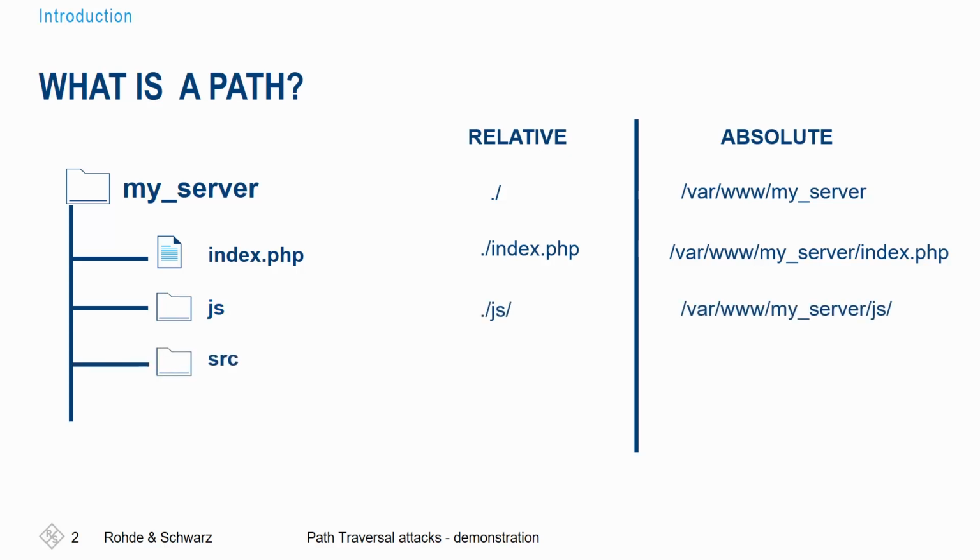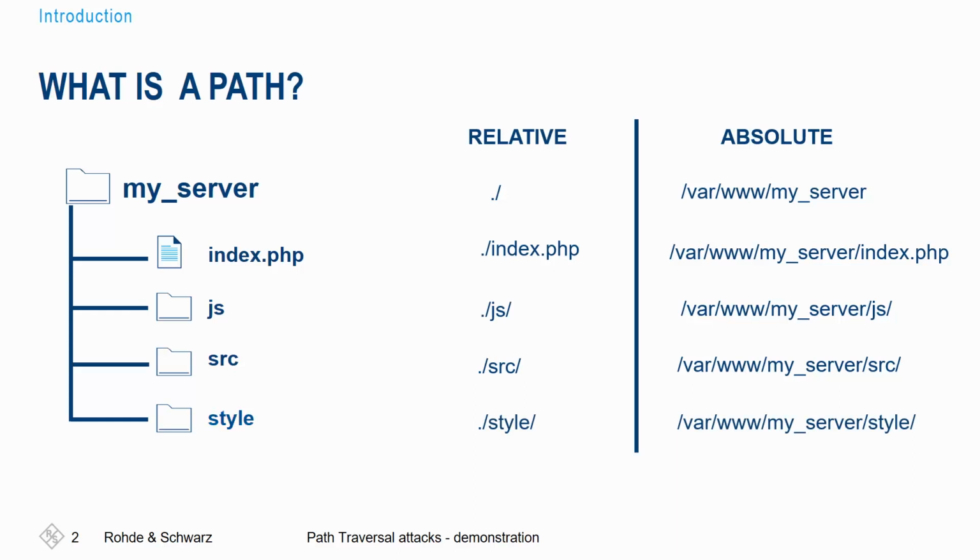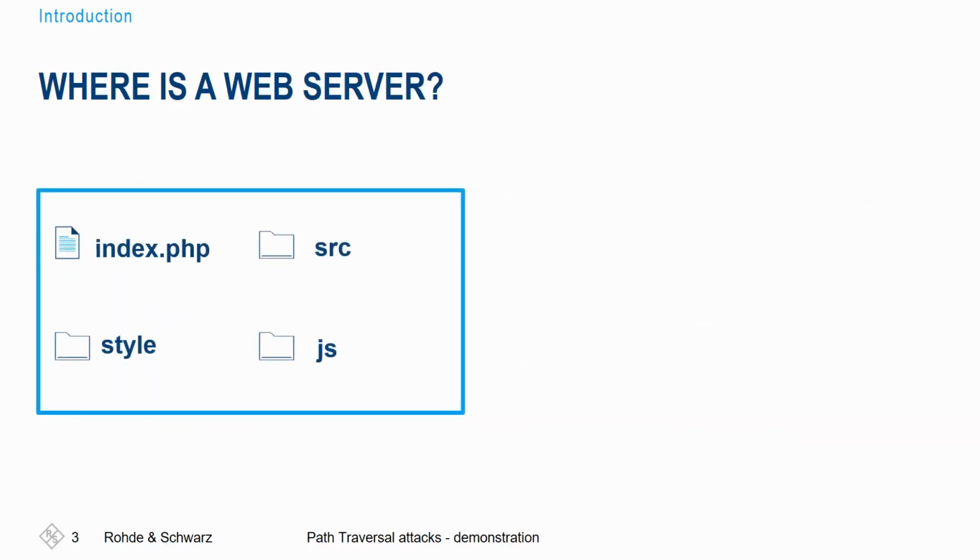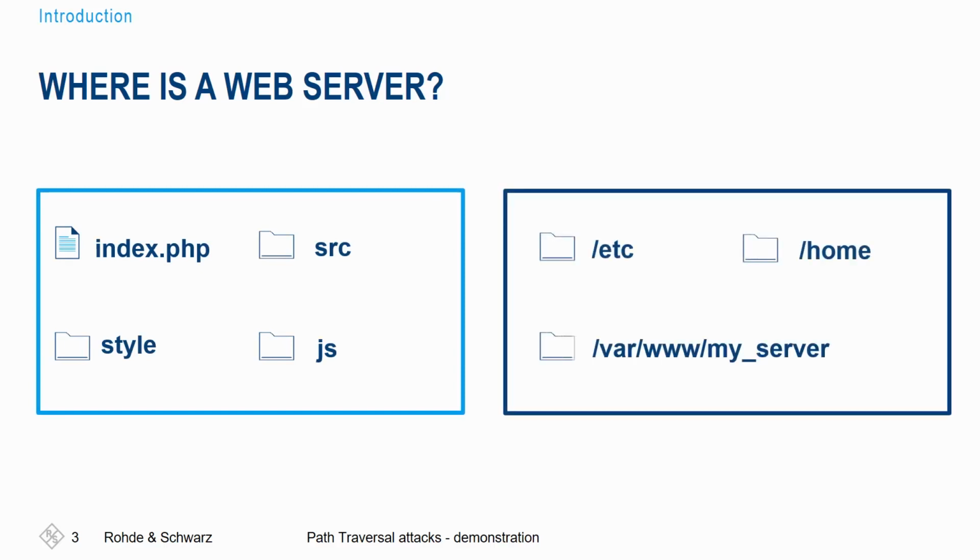To indicate another file, just add a slash followed by the name of the desired folder to return to the previous or root folder. These paths are used to include different folders and files on a website. It should also be noted that the tree structure of a website is itself in a system tree. In other words, the folder containing a server is itself in a folder on a server that contains other items.